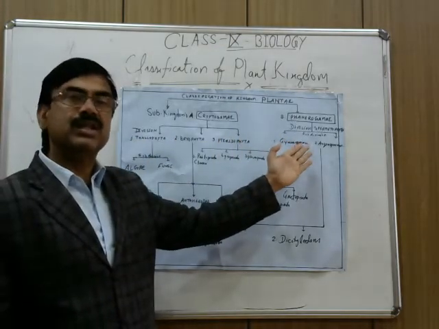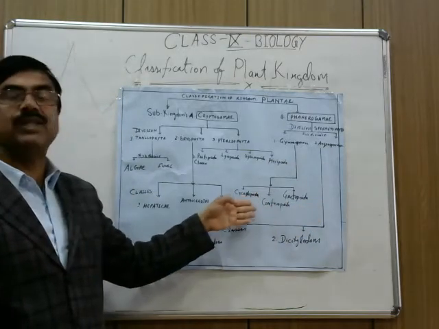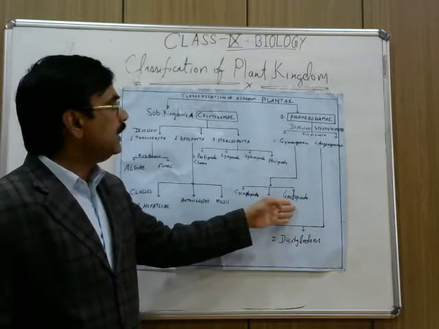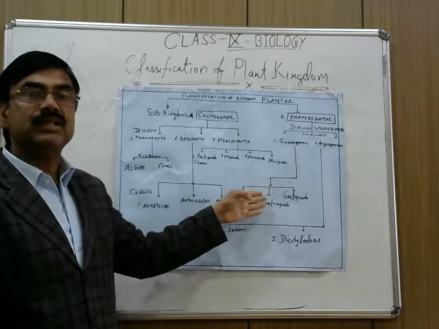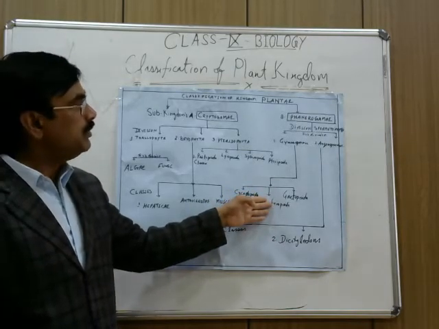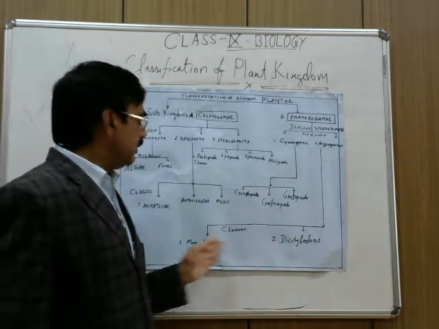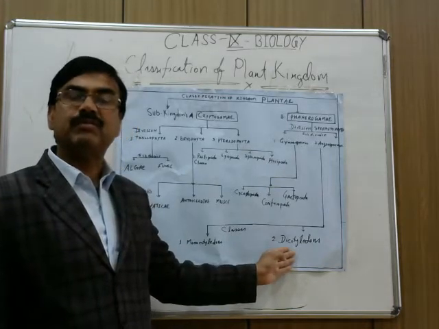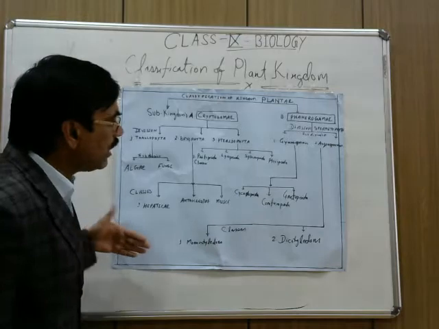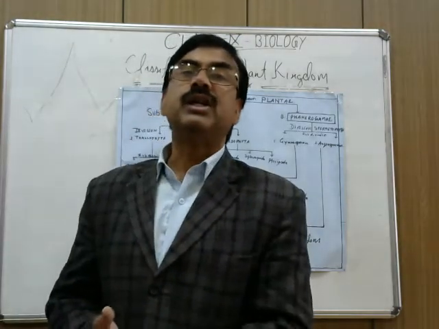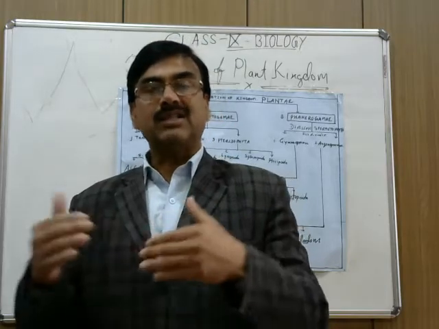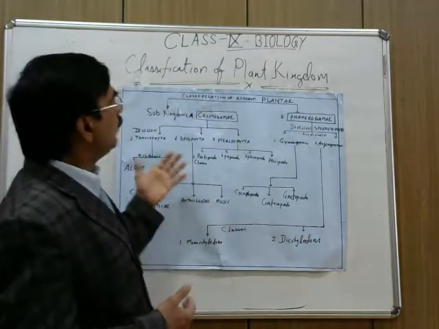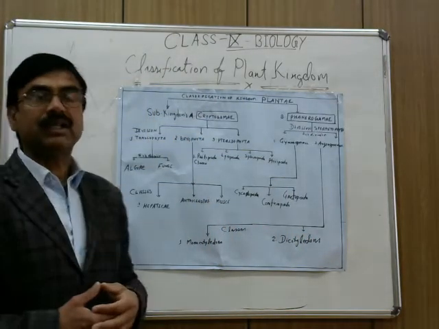Then in the phanerogamous, gymnosperm and angiosperm. Again, gymnosperm is divided into categories: Cycadopsida, Coniferopsida and Gnetopsida. Conifers, I mean Cycas and Pinus, are examples of the gymnosperm. On the other hand, angiosperm has monocotyledons, like papaya and other examples, and in the dicotyledons, sunflower, mustard, etc. So when you start any classification, it's your duty to remember the classes' names and the examples of those classes. So that is the classification of plant kingdom.